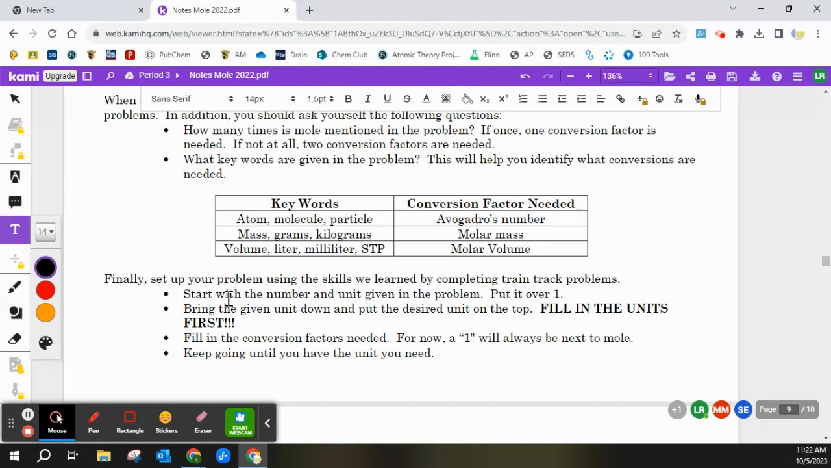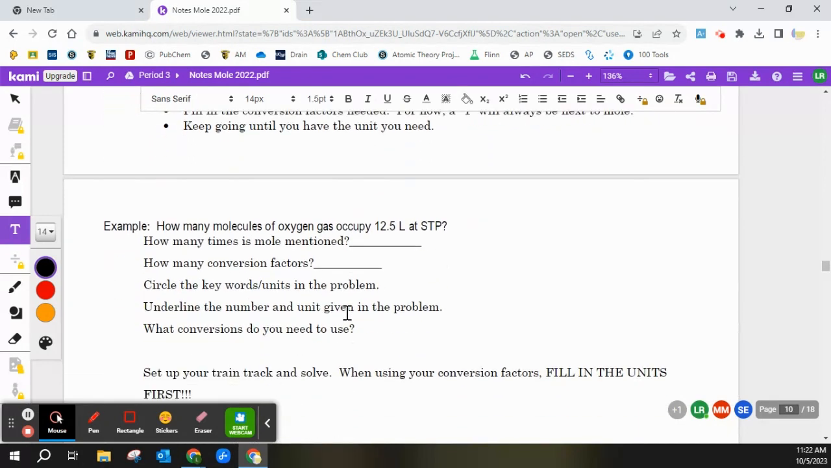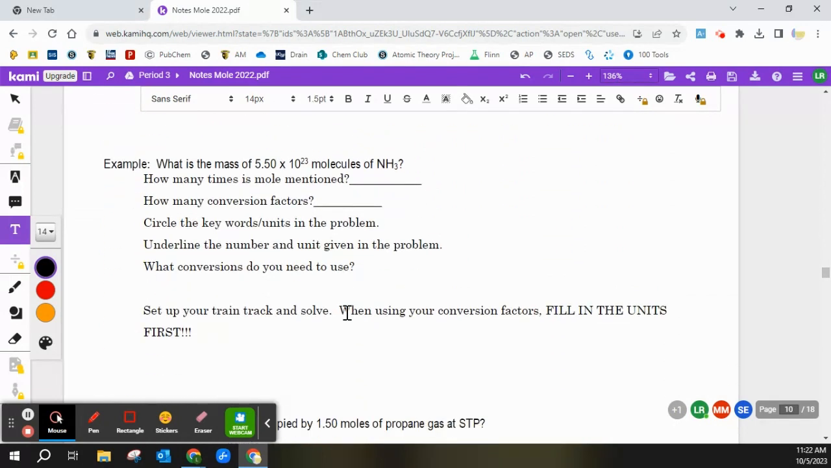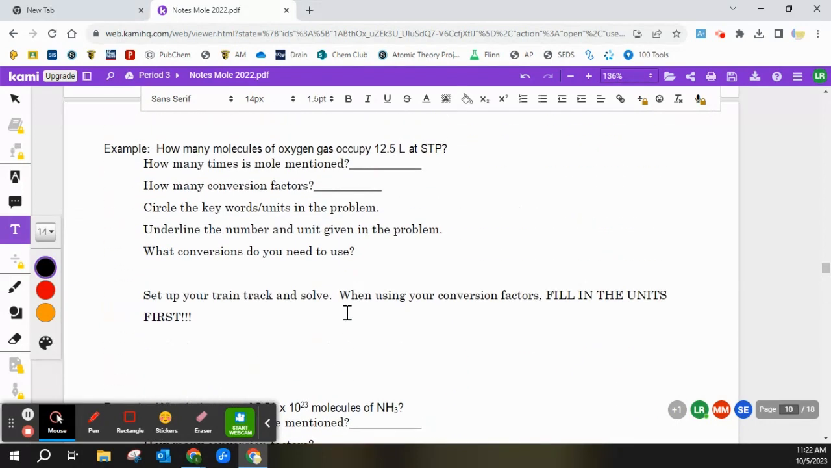For now, we are always going to have a 1 next to mole, and then we just keep on going until we get the unit we want. Now, I'm going to do 3 examples. The first example and the second example have the questions to ask when you're problem solving. The last one does not. If you get stuck, come back to here,